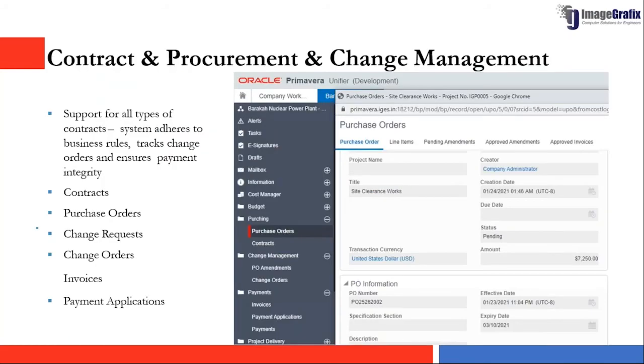Then your contract management, procurement, and change management. So you can do your purchase orders, contracts, PO amendments, change orders, invoices, payments. Everything can be done from Unifier itself. No need to send it to